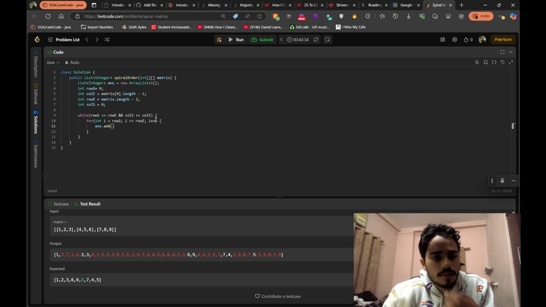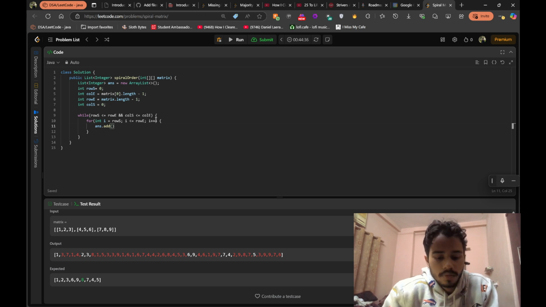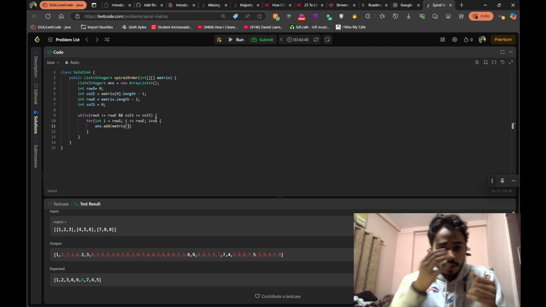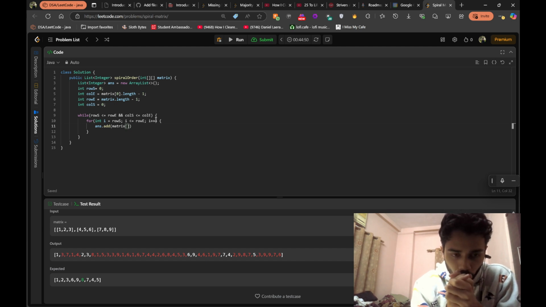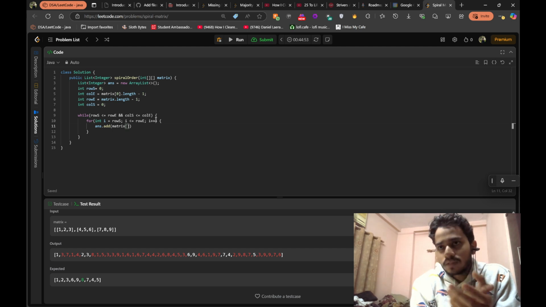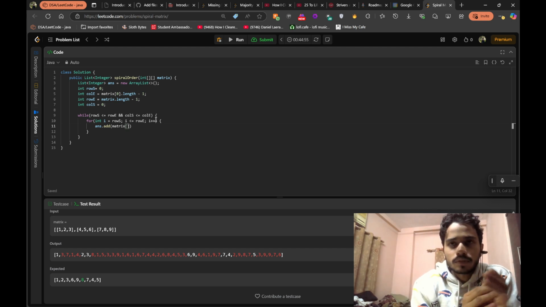We can add for matrix. So it's going into the same row. Yeah, it's going for the same row. So we need to add these three, the columns. So it's going to go, no wait,